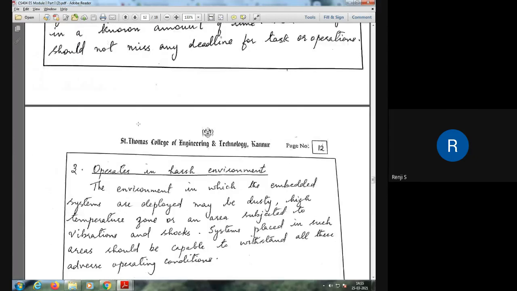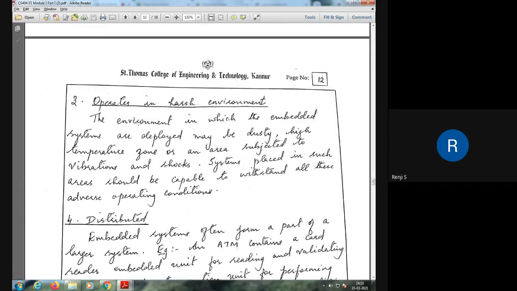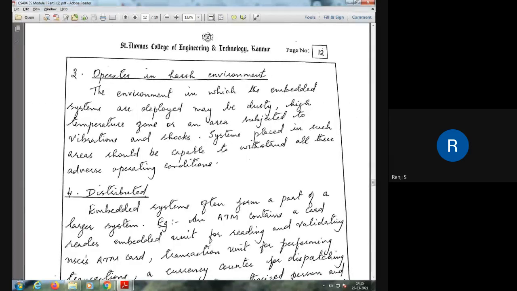Then the third characteristic is that it operates in harsh environments. That is, it is not often designed to work within a room. Most of the devices have to work in an open environment, where the environment may be dusty, of a high temperature zone, or an area subjected to vibrations and shocks. All of these conditions should be taken care of while designing embedded systems, and systems placed in these areas should be capable of withstanding all these